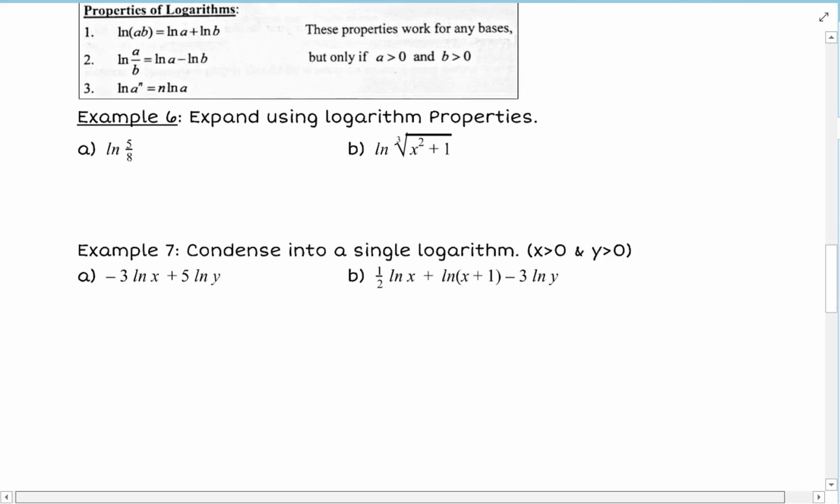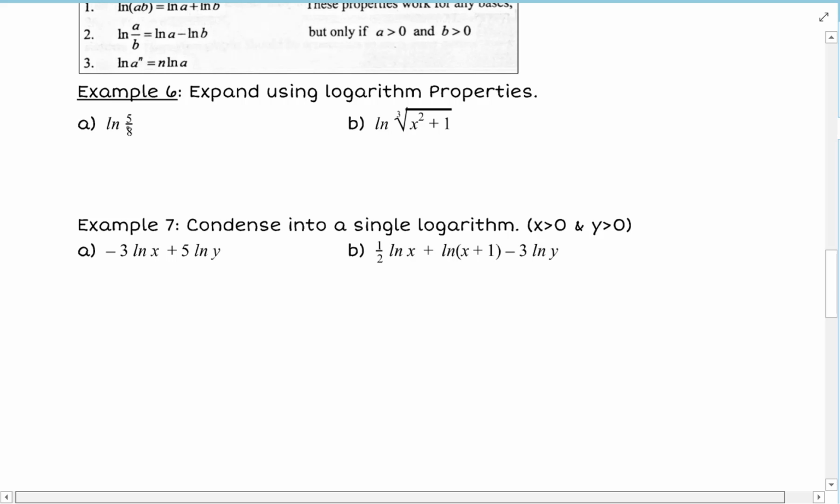Expand using logarithmic properties. So the natural log of a quotient is equal to the natural log of the numerator minus the natural log of the denominator. All right, that's expanded. For this one, I'm going to rewrite as natural log of, I'm going to write the root as a power